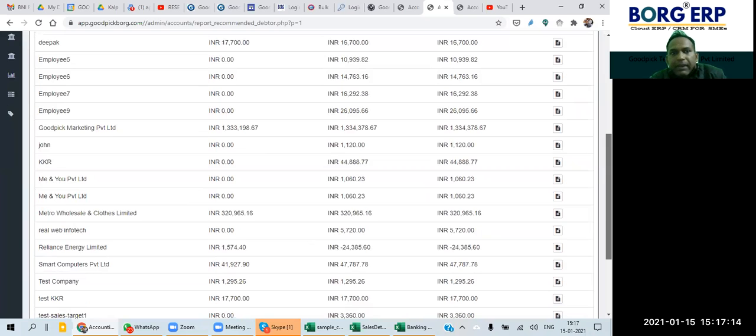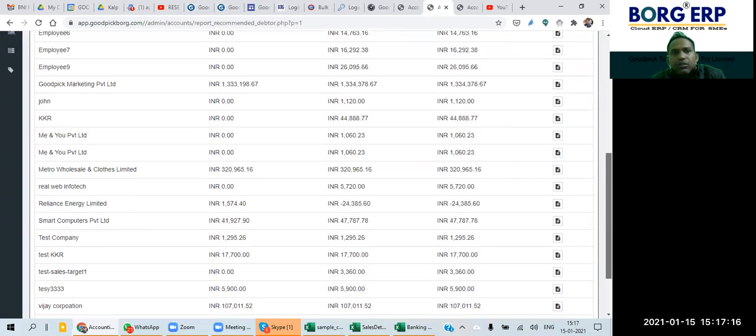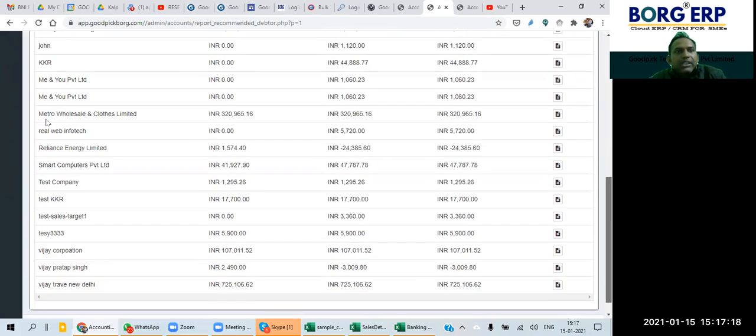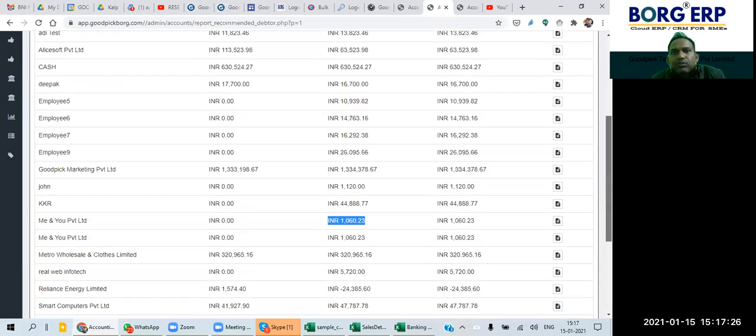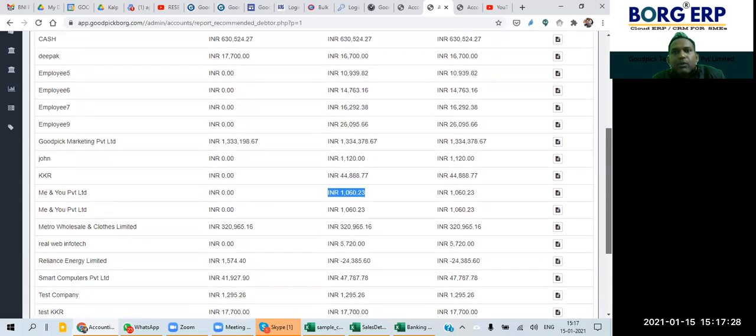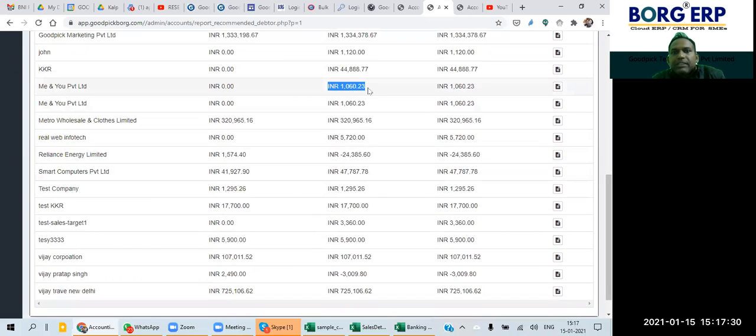Now let me see how much amount is pending with whom. For example, let me take Me and You Private Limited. You can see this is the due amount on top. This is the amount which is pending, and it is pending for this financial year only, because the opening balance is zero.